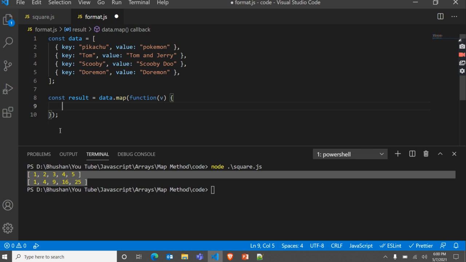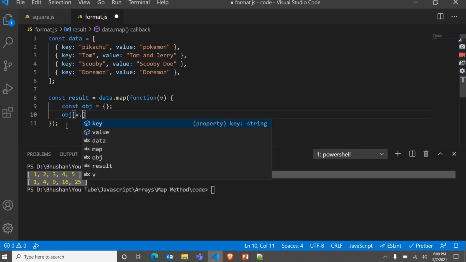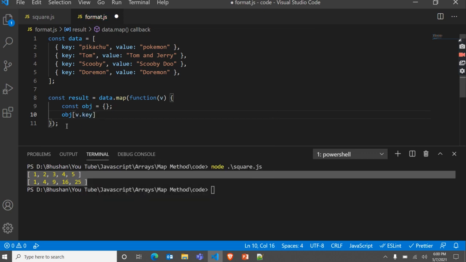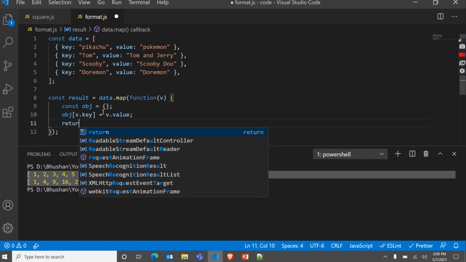What we want is one object, so let me create one empty object, and in this object let me add obj of v.key. The key will be the character name, and what should be the value? v.value, and we need to return this obj.